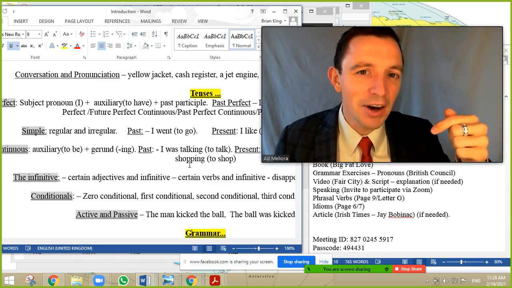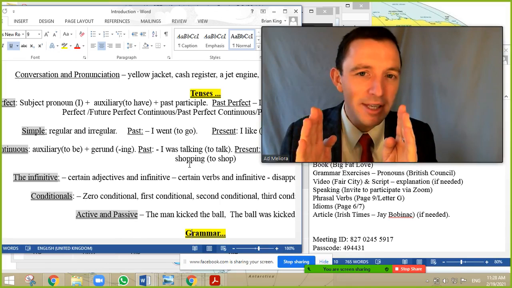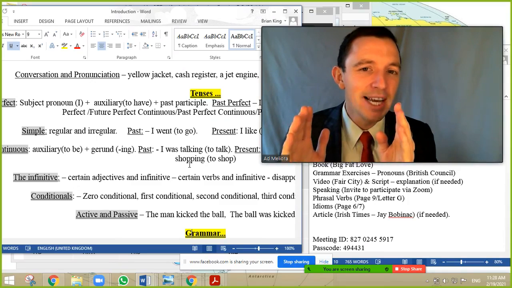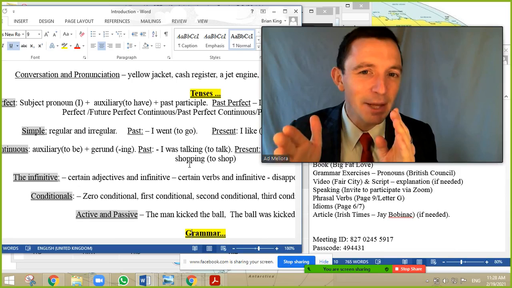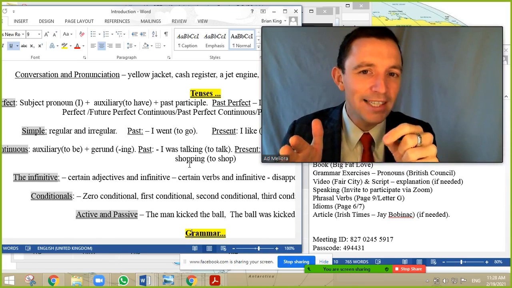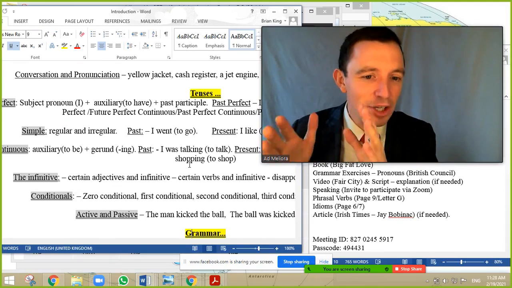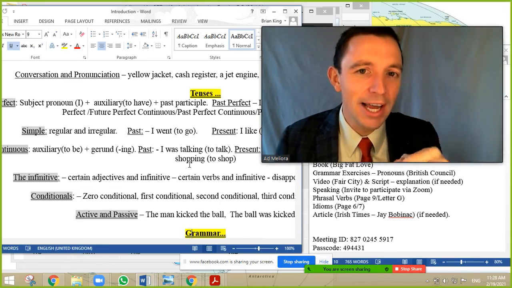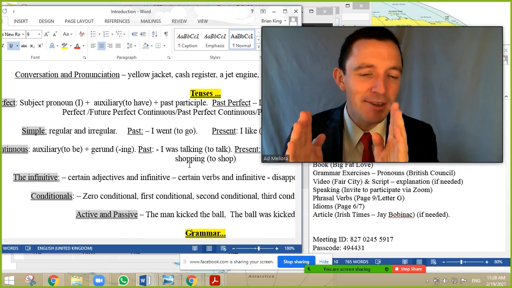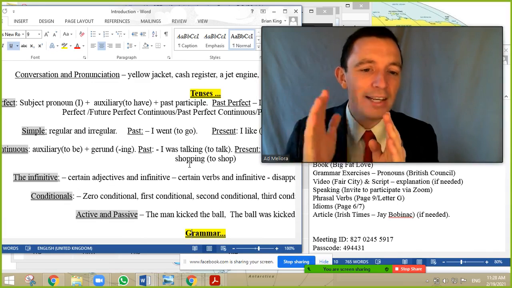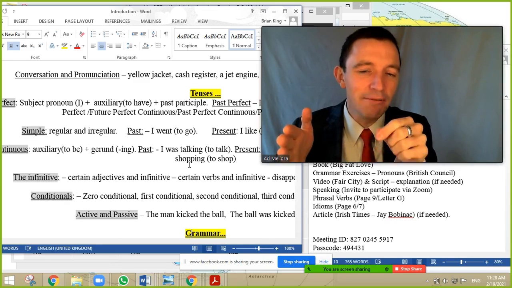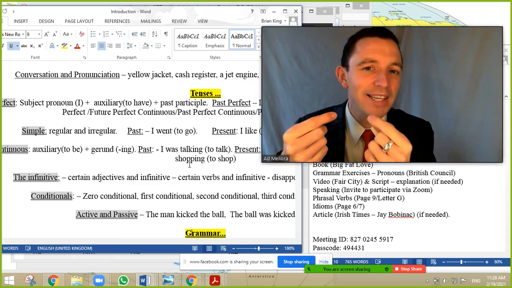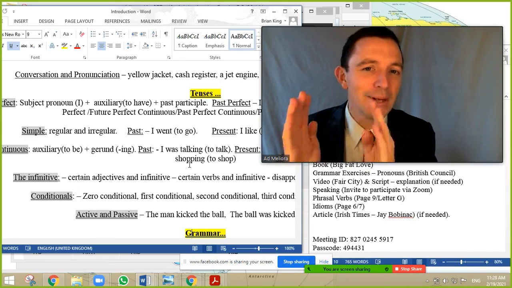In English, the next concept is the perfect. We have the present perfect, the past perfect, and the future perfect. Basically, the present perfect is related to an action that started in the past, it's finished, but it's related and relevant to the present. So it's finished and it's in the past, but the action is relevant to now. Okay, so for example, live. I have lived in Ireland for 10 years. So I started living 10 years ago. I continue to live today, so I have lived. The structure is the subject, extra verb have, and the participle of the verb, the third column. Okay, that's the present perfect.